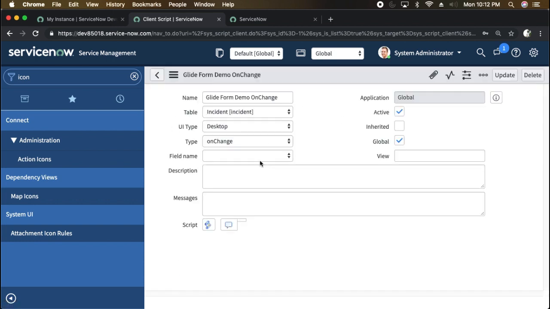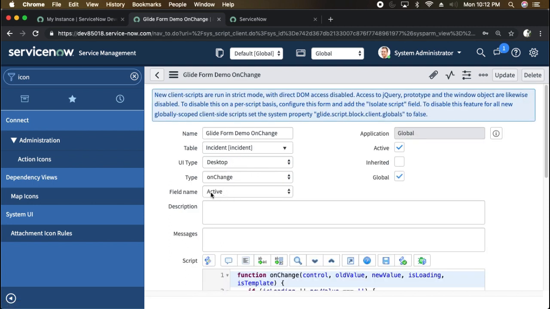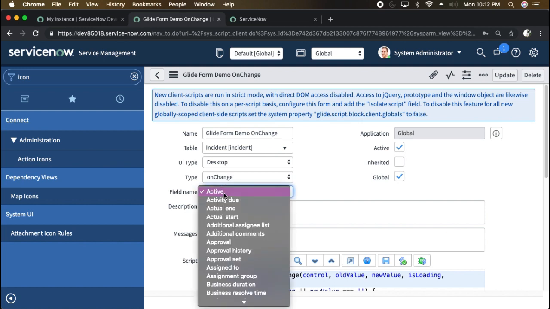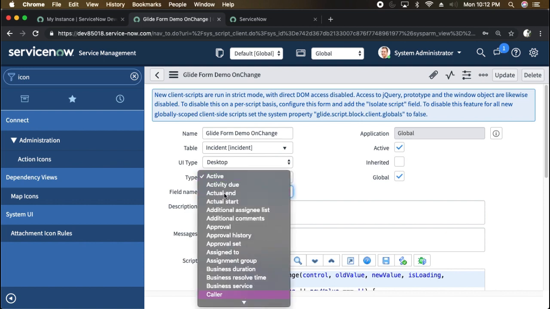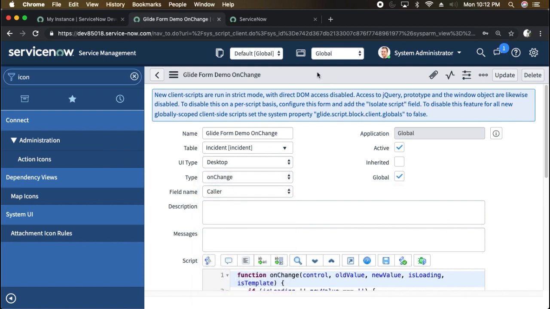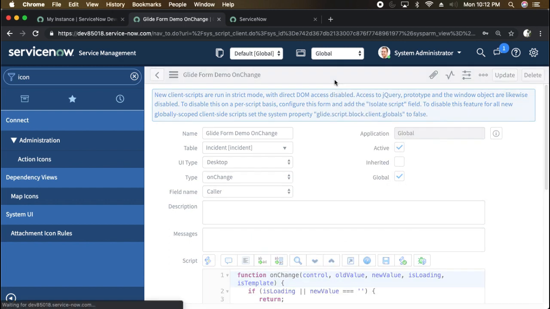So client script is saved. And you can see we have not selected the field, just active. That's a mistake, I would say. So you have to select the caller field, and that's what we want. So I'm going to save this again,